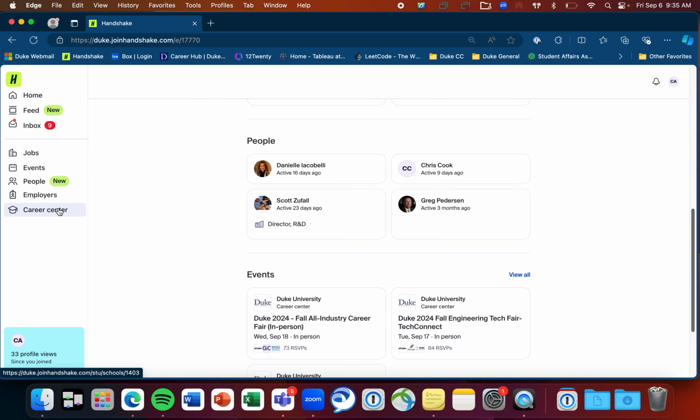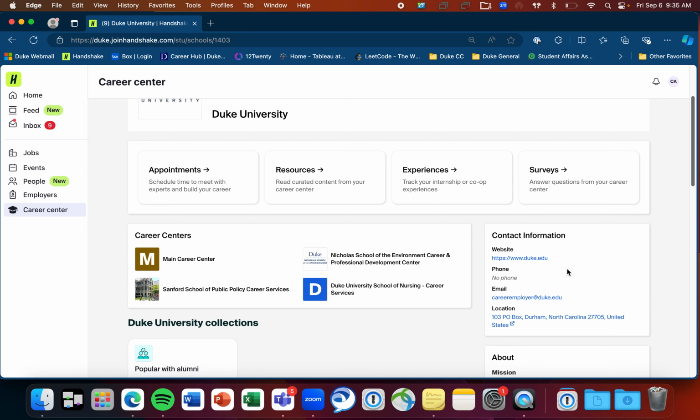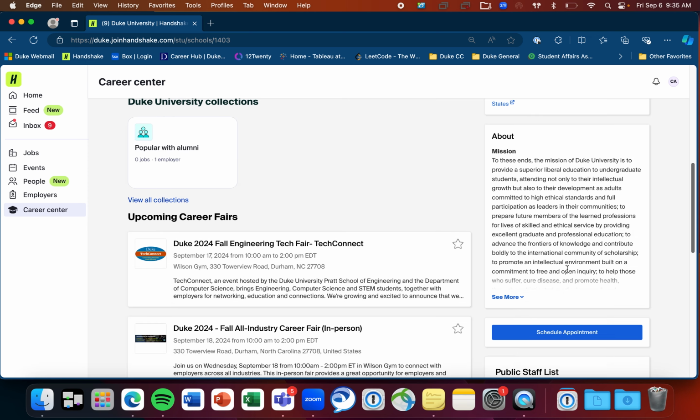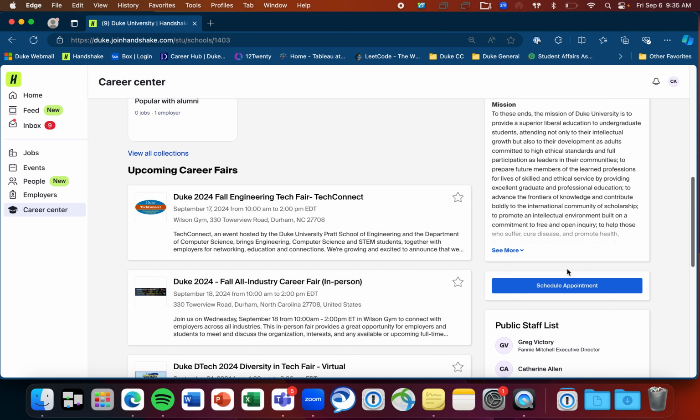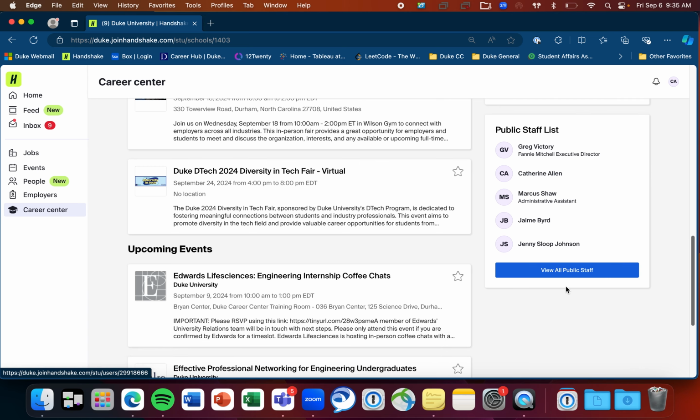And then this last tab here is for the Career Center. So this allows students to book appointments, view resources, they can share any experiences they have, and if there's any surveys open to them, they can access those there. And I think this page also is helpful in seeing additional events, seeing a public staff list,